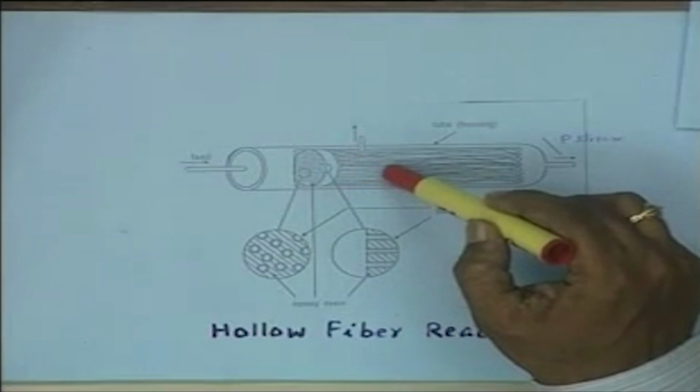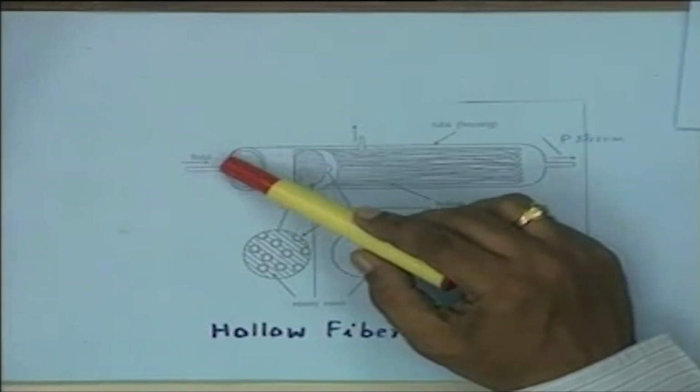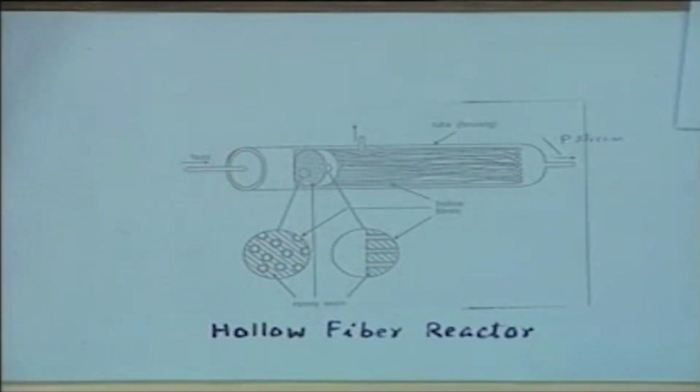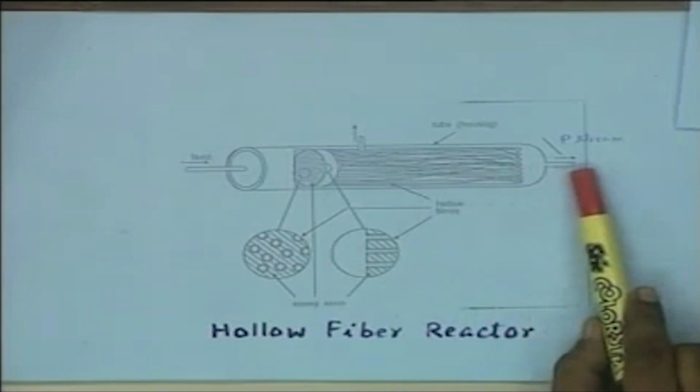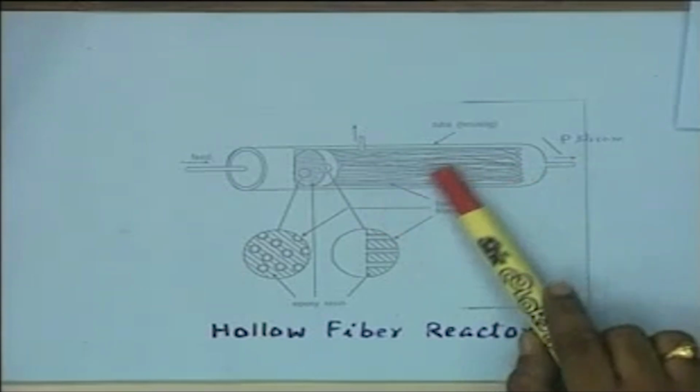The enzyme feed is put in the hollow fibers, and the main feed substrate is passed to the cell side, on the tube side, cell side, and now because of the semi permeability of the hollow fiber membranes, the substrate and the enzyme can come in contact. That means the substrate can go into the vicinity of the enzyme and product can go out, and ultimately the product stream can be taken out, but the enzyme cannot go out of the